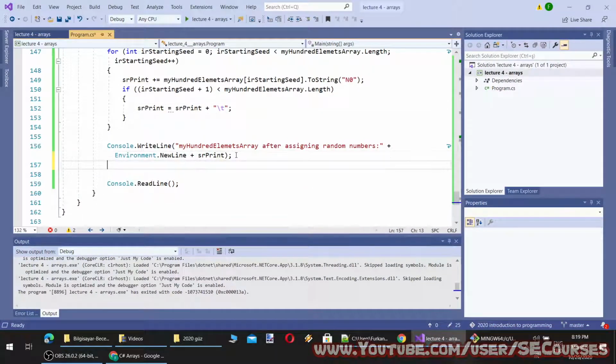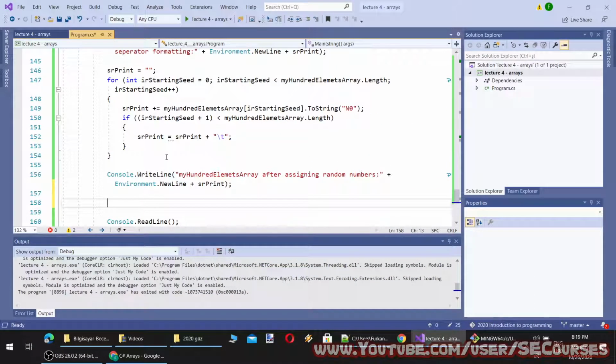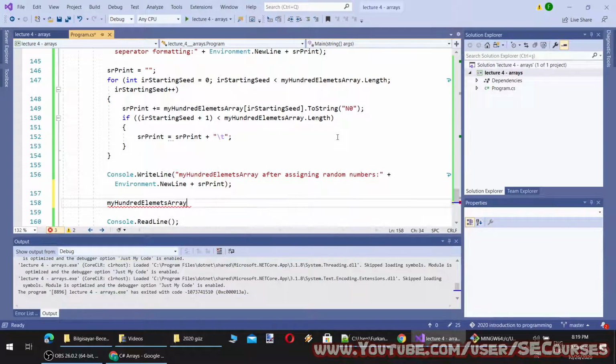Then I am going to sort my array. Okay, so how am I going to sort my array? It is so easy. I'm going to use Array.Sort. Array is the class name.